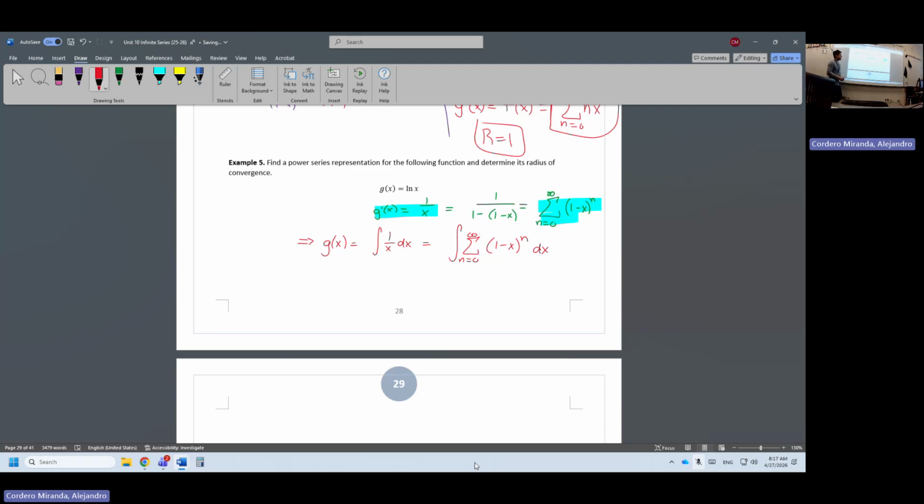Okay, and when you see it written out like this and it says integral of an infinite sum and there's x's and n's and dx's, then it looks really scary. But again, if you take the time and you think about how this would just be the antiderivative of, you don't have to write this, but just so it doesn't feel like cheating. This would be like the antiderivative of 1 plus 1 minus x plus 1 minus x squared plus blah, blah, blah, blah, like that forever. And so you can see, you can just take the antiderivative term by term, and there's no cheating going on. So what I mean is when you take the antiderivative of this, that's just the same thing as the antiderivative of each term. So you end up getting